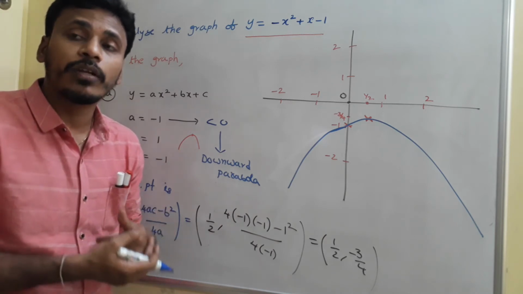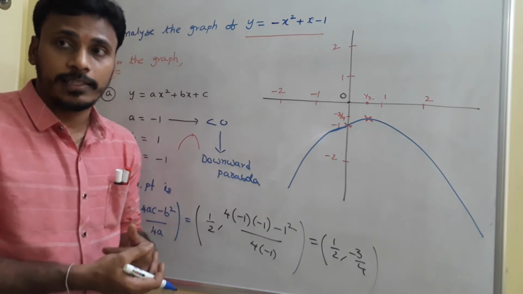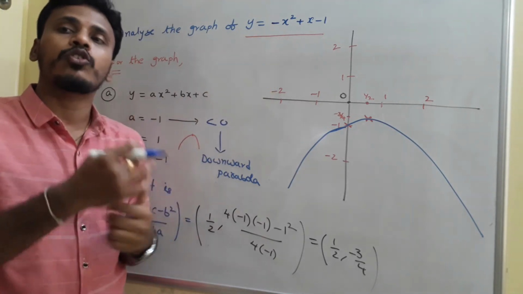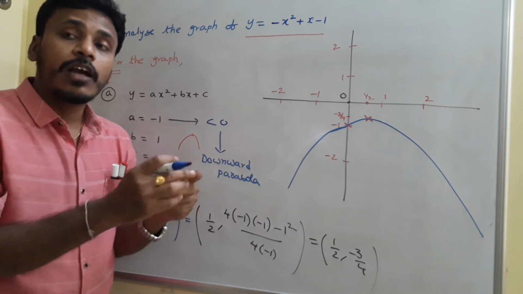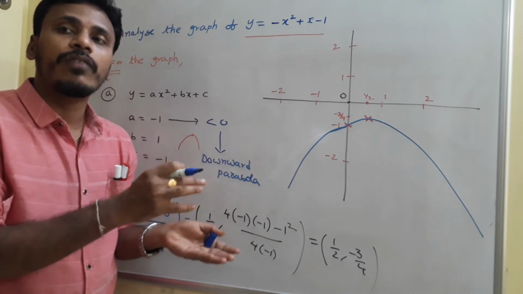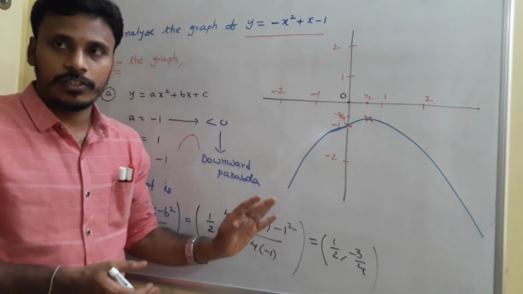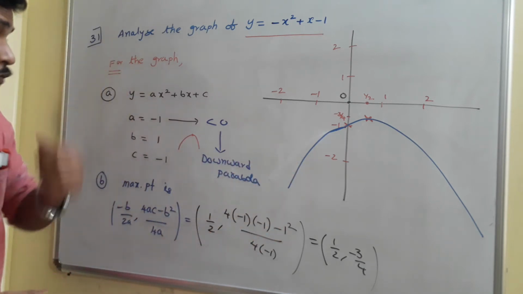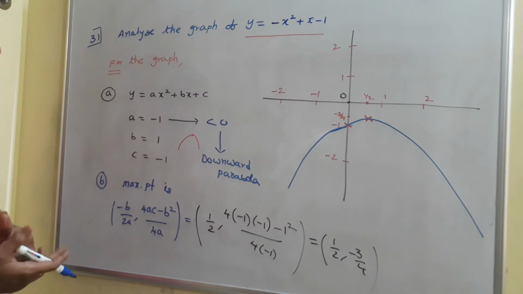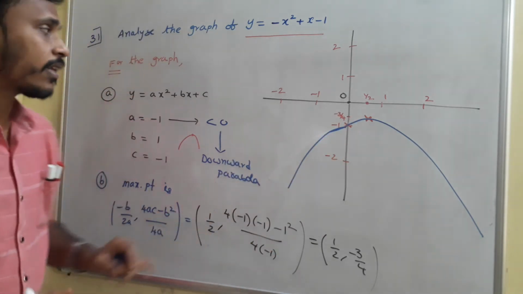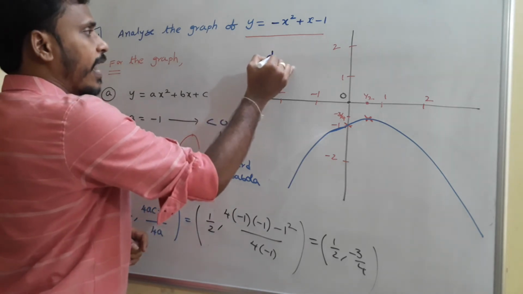Why we need all these graphs? Because these graphs will give you much clarity to analyze. By changing different values in the place of x, you will get different values in the place of y. Okay, see, if you change x, how the y will change? All these things we will easily analyze from the graph. That's it. Okay, right. So this is the peak point and this is the graph.